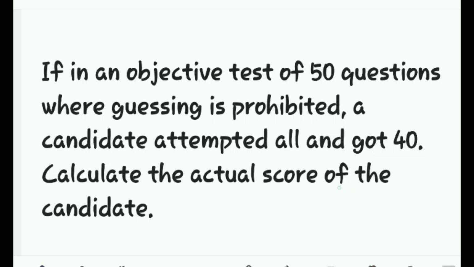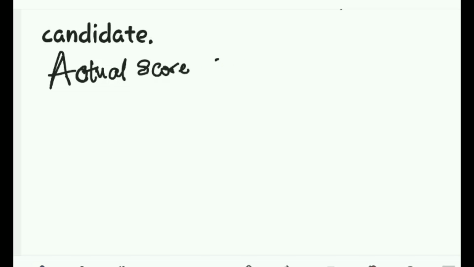In this question, guessing is not allowed, and so negative marking is adopted. So, what is the actual score of the candidate? In this question, we would use the correction formula. The correction formula helps us to get the actual score of the candidate. So, the correction formula, we say the actual score of the candidate is equals to